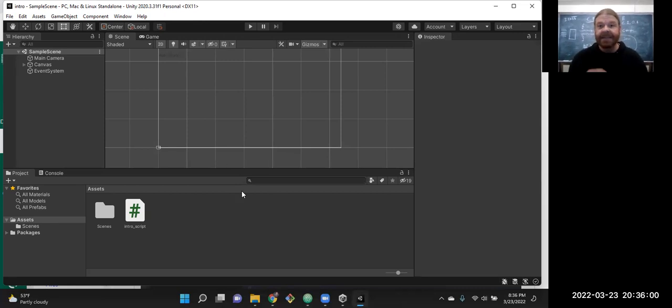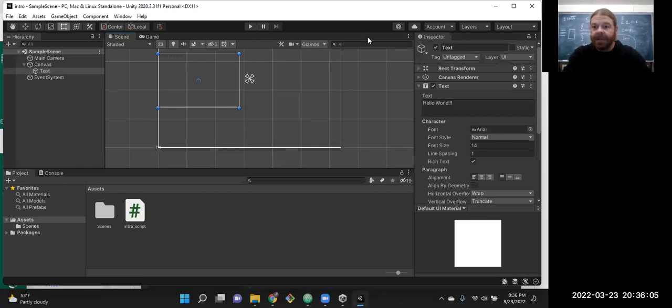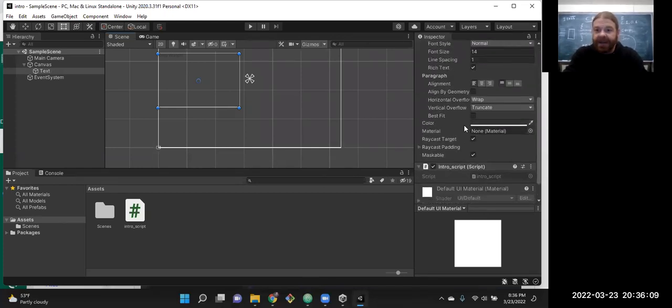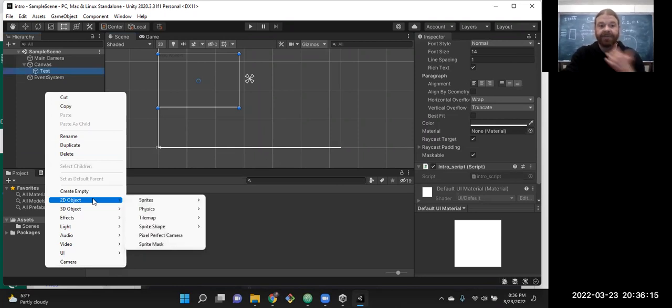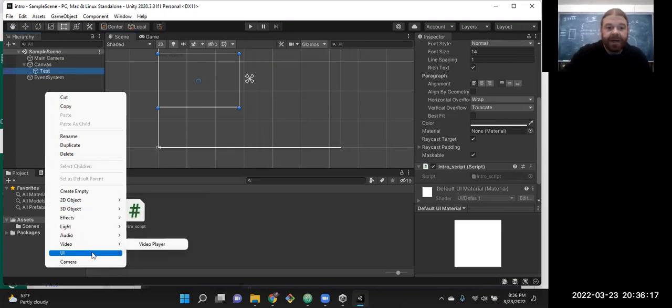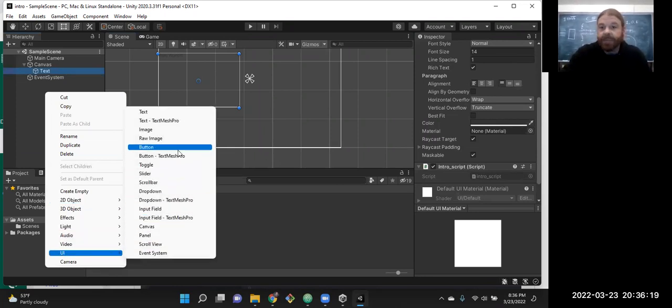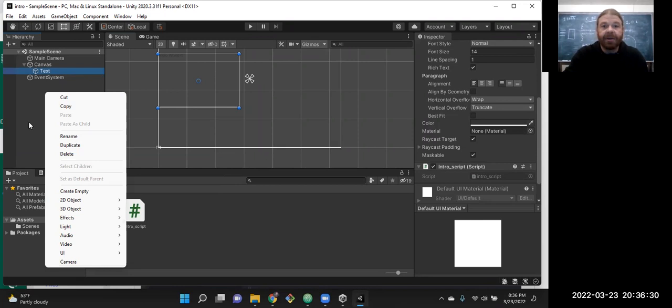Yeah, but you'll notice there's a bunch of other options. All these things about the text: change the font, the alignment, all the normal text stuff, the color of it. And we have other text ones. So your C# stuff, that's kind of what we're doing on C#. Go to UI and add in buttons or sliders. Toggle is a checkbox, so that's true or false, turn it on or off. We'll see those on Monday, when we start working with those.